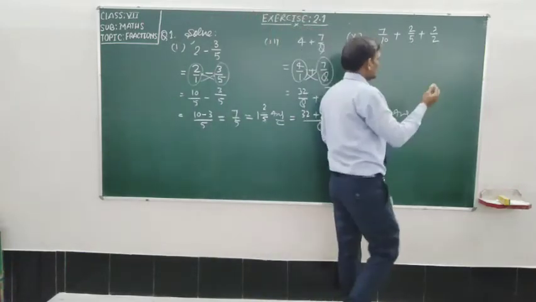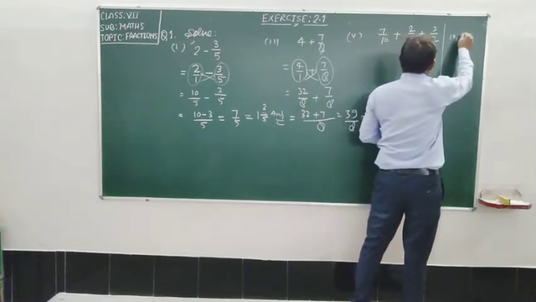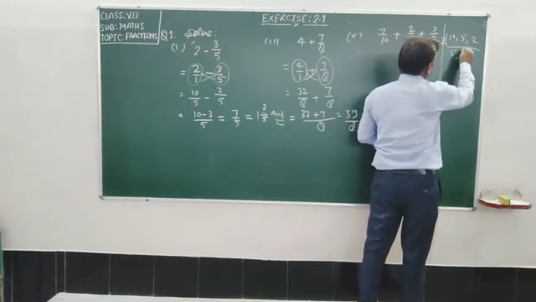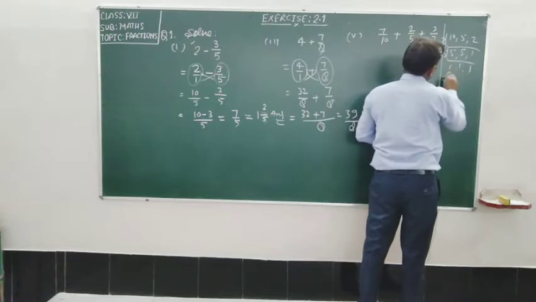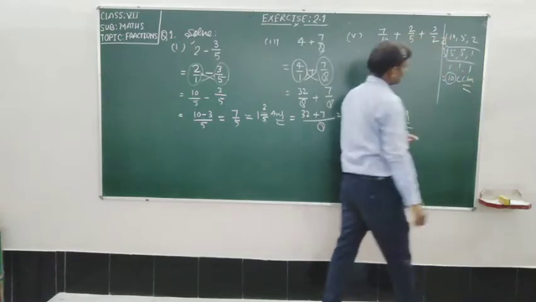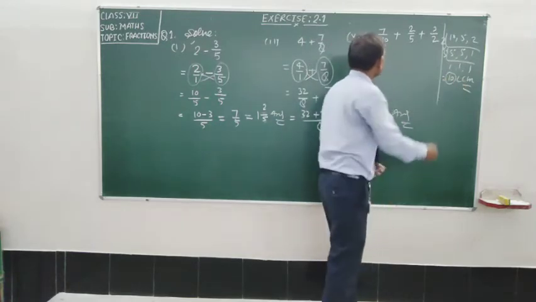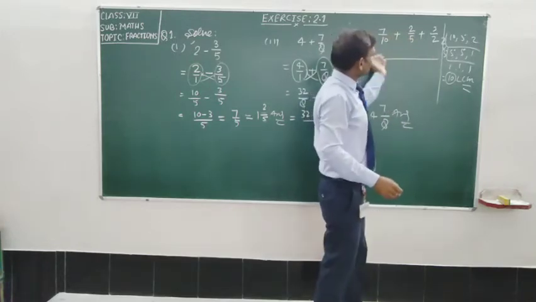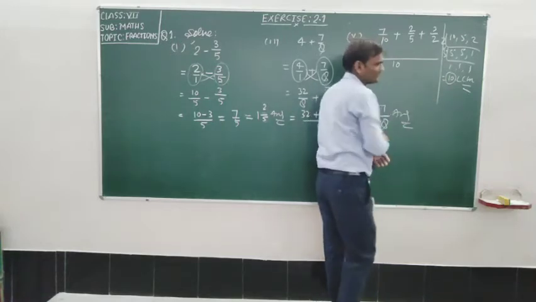So, student, first, everybody perhaps knows how to take the LCM. 10, 5, 2. By 2, we divide: 2 5s are 10, giving 5, 5, 1. And by 5, 1, 1, 1. Okay? 2 into 5 is equal to 10. 10 is the LCM, student. And the LCM you will write below all the fractions. Below all fractions, draw the bar sign, and below the bar sign, write the LCM 10.